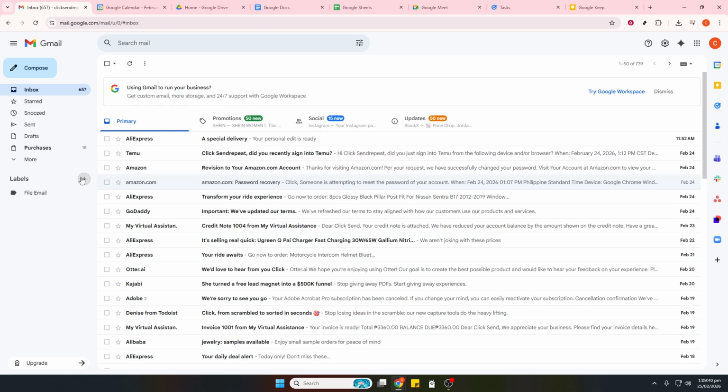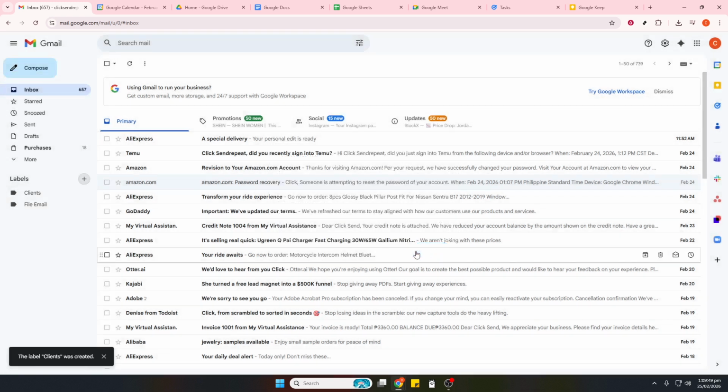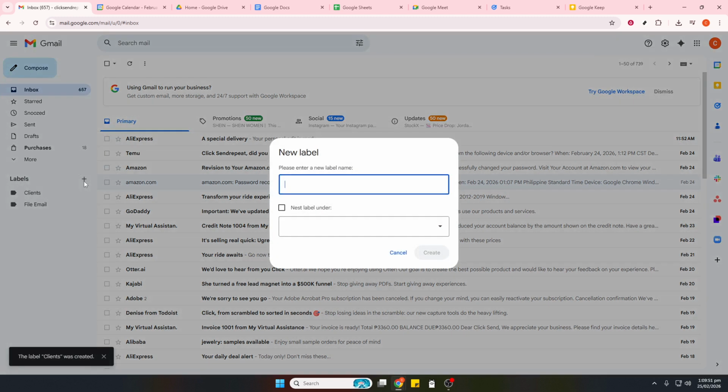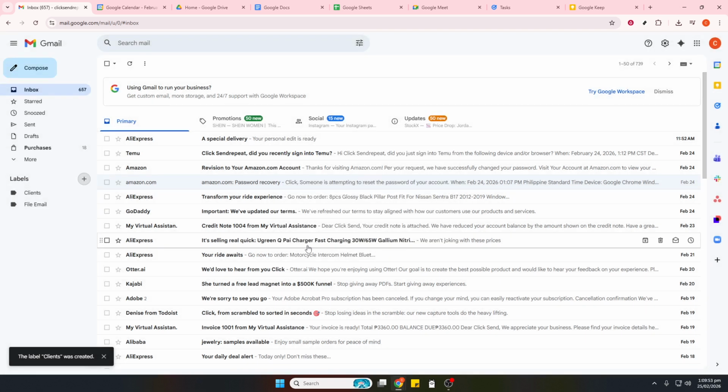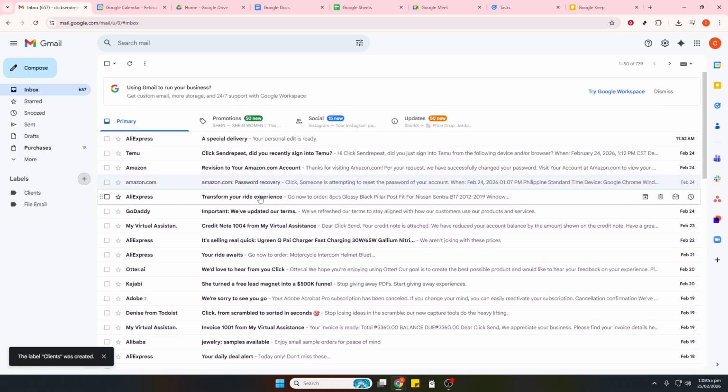Let's start with your inbox in Gmail, because clarity begins there. Create labels for the main areas of your life and work, like clients, finance, content, or urgent, so everything has a home. Set up filters to automatically sort incoming mail into those labels, star what truly needs your attention, and use templates for replies you send often. Instead of deleting, archive messages so you can find them later without clutter. A quick pro tip: turn on undo send for a safety net, and enable keyboard shortcuts to move through your